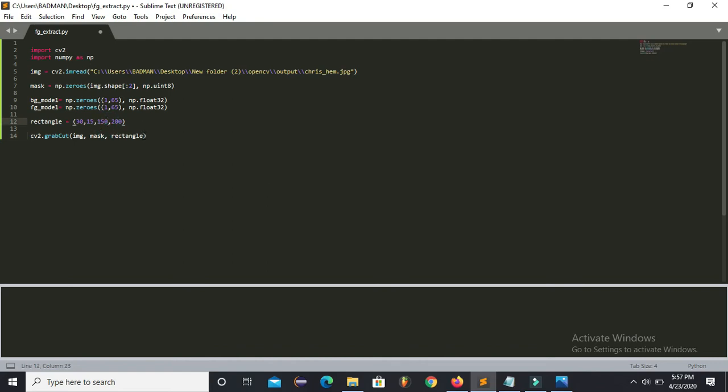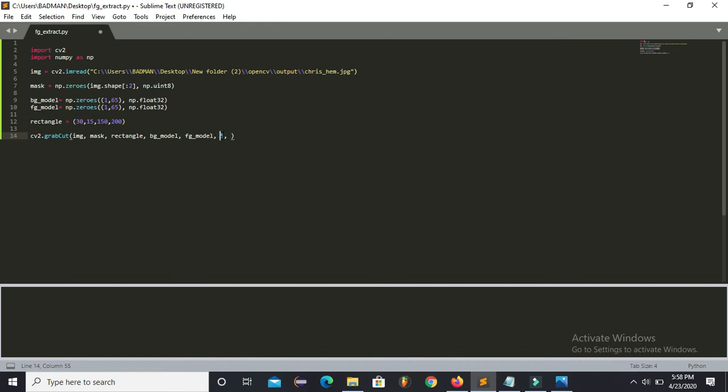Next are the BG model and the foreground model, and the next argument will be the number of iterations.